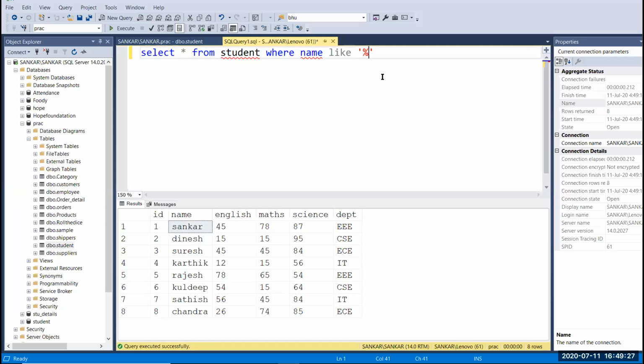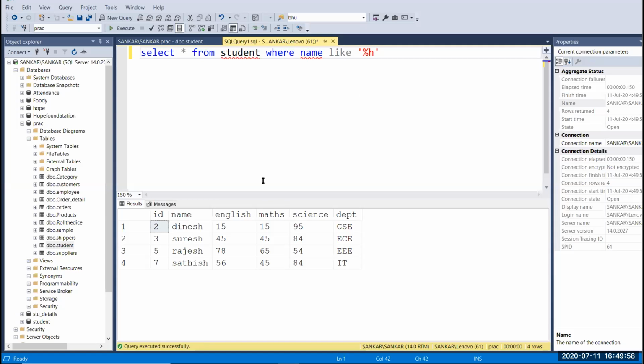If you want to print the names that end with H, give your percentage symbol in front of H. This query retrieves the data whose names end with H. I'm going to run this.